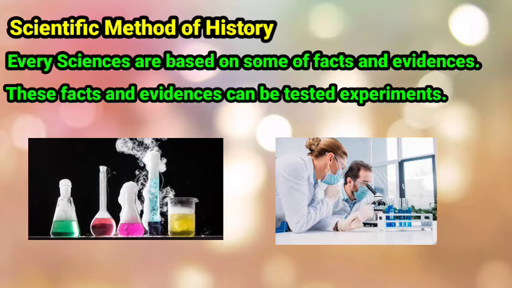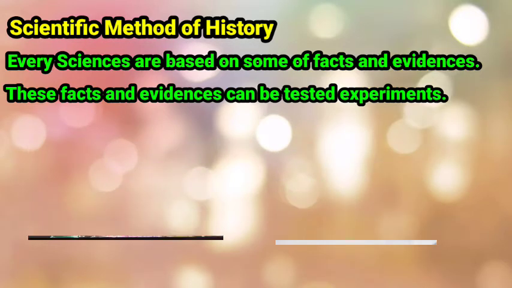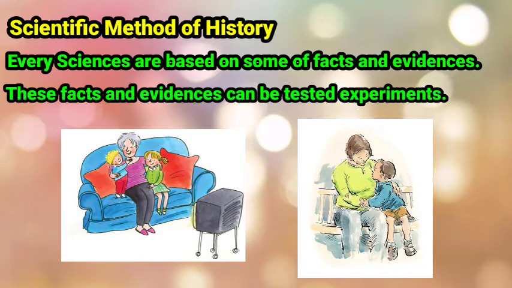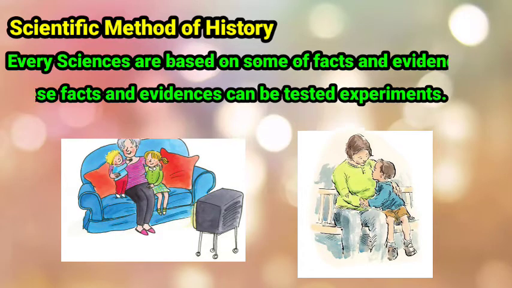The scientific method can also be used to examine the details presented by different narrations of the same events. This helps us determine the correctness of the facts. For example, students, we hear different stories of our childhood from our parents, grandparents and so on. The difference in their narration makes us wonder which story is correct. Similarly, the scientific method of examining can help us to determine which story is reliable and which one is not.